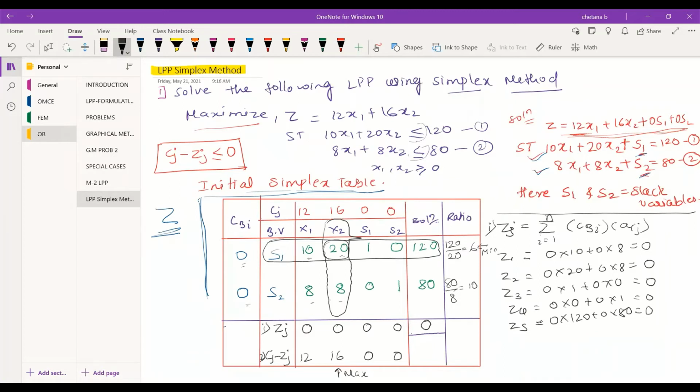Understood? So from the column we pick the maximum and mark the key column. For the key row, it is the minimum value.